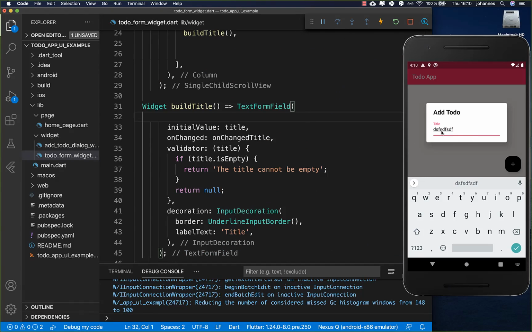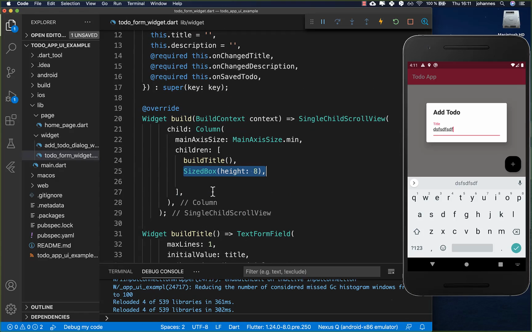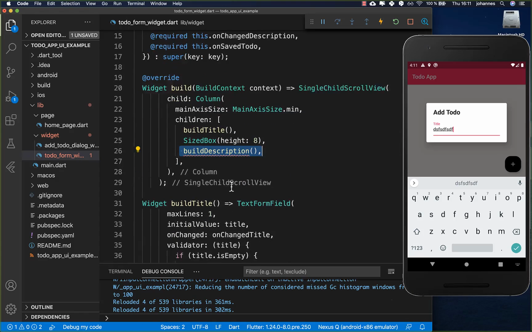And lastly, you can also set how many lines are displayed here. So you can change this value if you like, and also make more lines for the input available. After it, we go to our build method again and also want to create our build description, and therefore